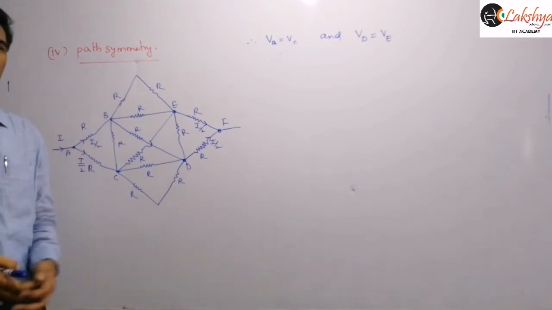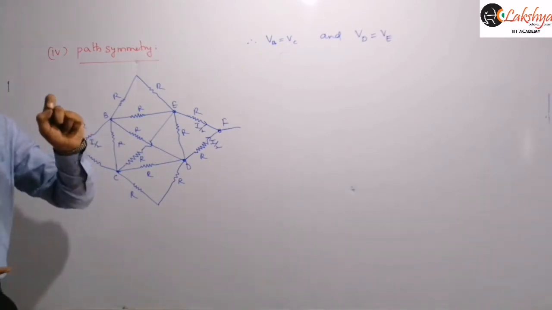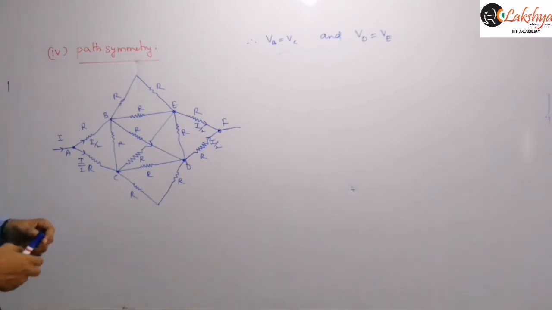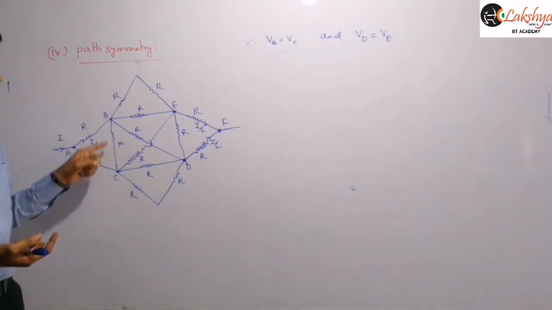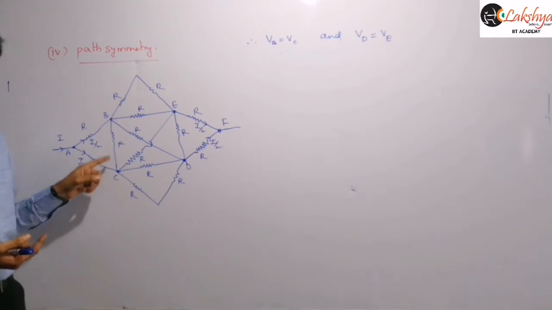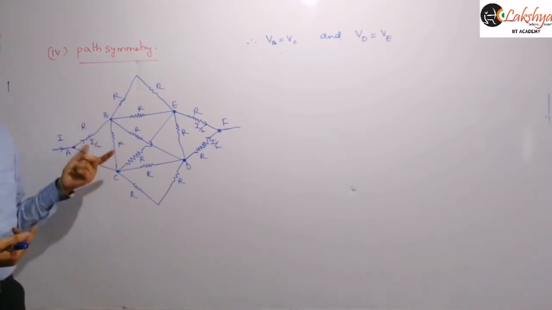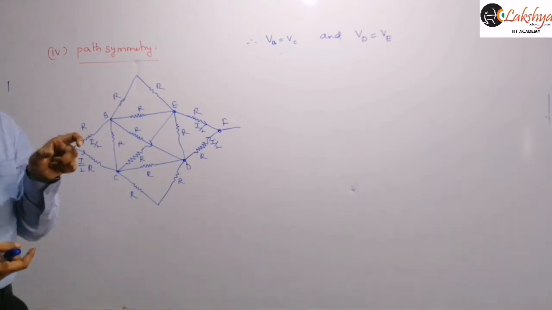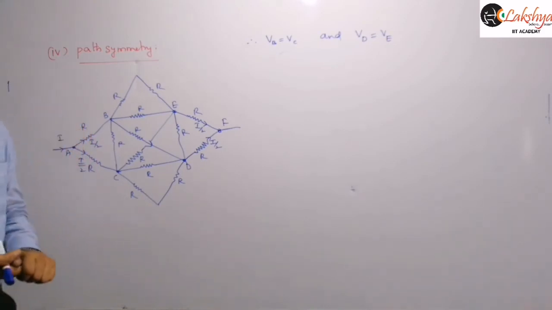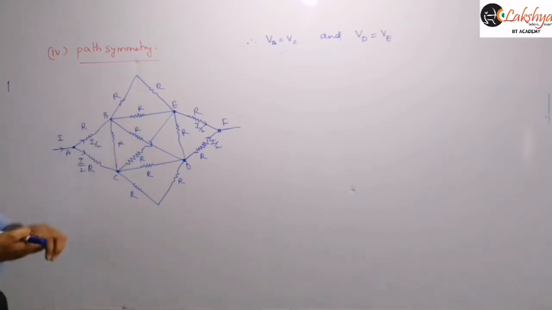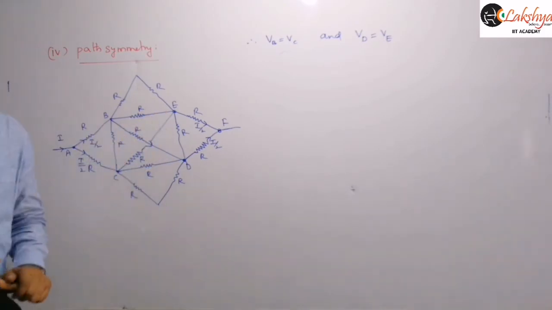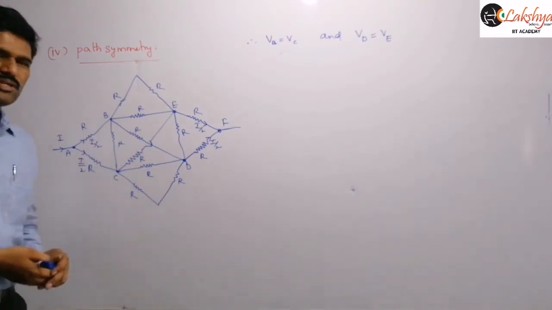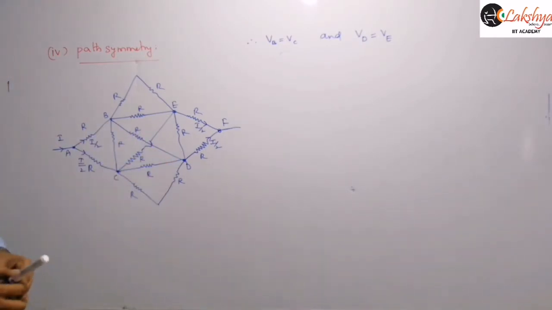So now we have identified the equipotential points. Once equipotential points are identified, you can join them to a single point. Between B and C one resistor is connected, and as these two are equipotential points, no current will flow through that resistance. Whenever a resistance is connected between two equipotential points, no current will flow through it. So you can eliminate this resistance, and this resistance also, because those are also equipotential. Then if those two resistors are eliminated, the circuit will become simpler for us, right?